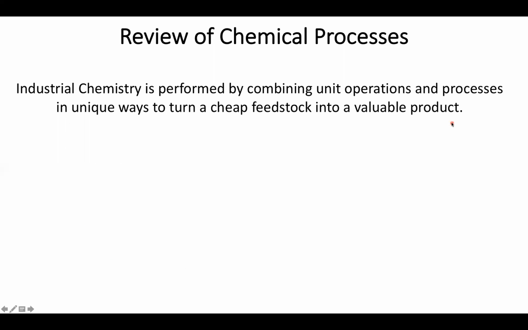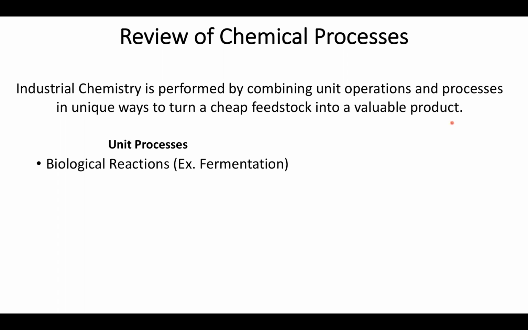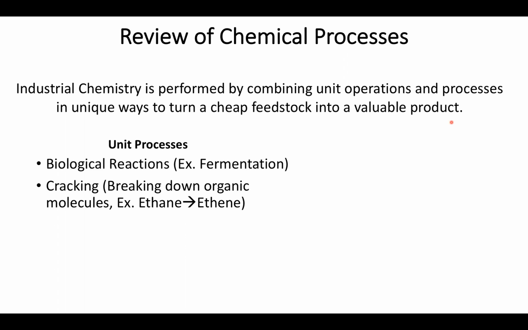But before we do that, I want to go through a quick review of our chemical processes. So these include unit operations and processes that allow us to, in a net way, turn cheap feedstock into valuable products. So some of our unit processes can include biological reactions, most of which are going to occur in a fermenter. Cracking, so these tend to be high energy, high temperature processes that can break down organic molecules, such as long chain carbons, or ethane can